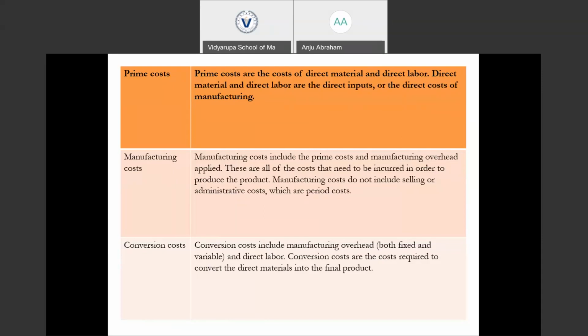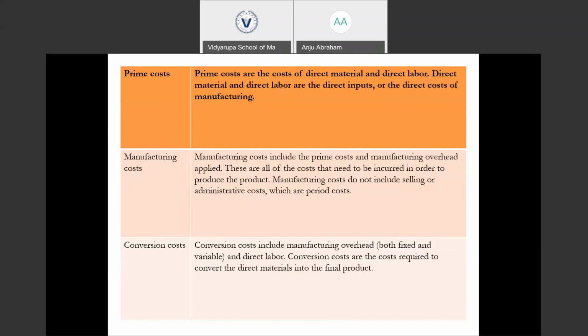And the manufacturing cost is the cost which includes direct material, direct labor, and all the manufacturing overhead incurred in producing that particular product. Conversion cost is, as we discussed earlier, the cost incurred in converting the raw material into finished product, which includes the direct labor and the manufacturing overhead. Conversion cost includes the manufacturing overhead, both fixed and variable, and the direct labor.